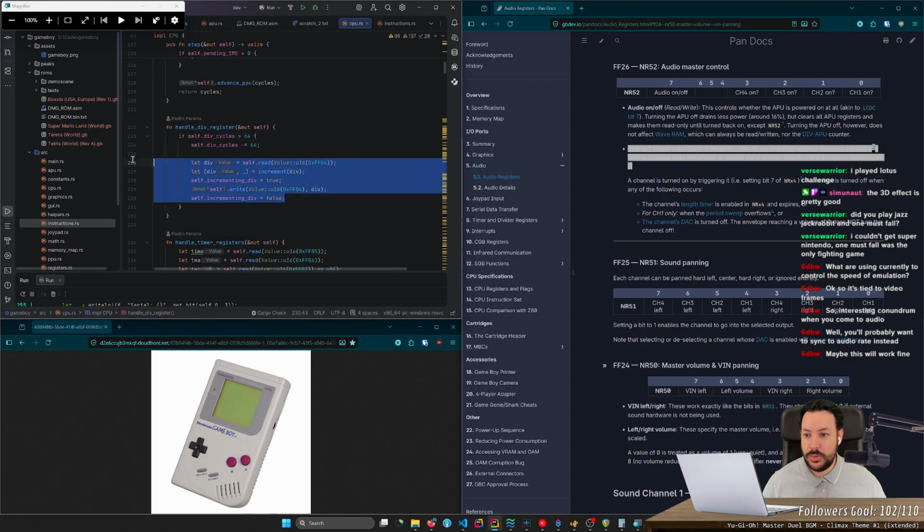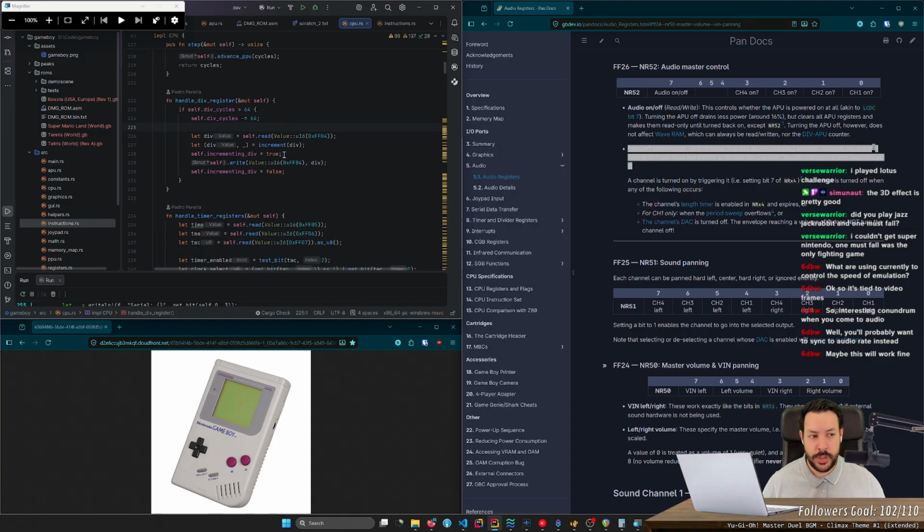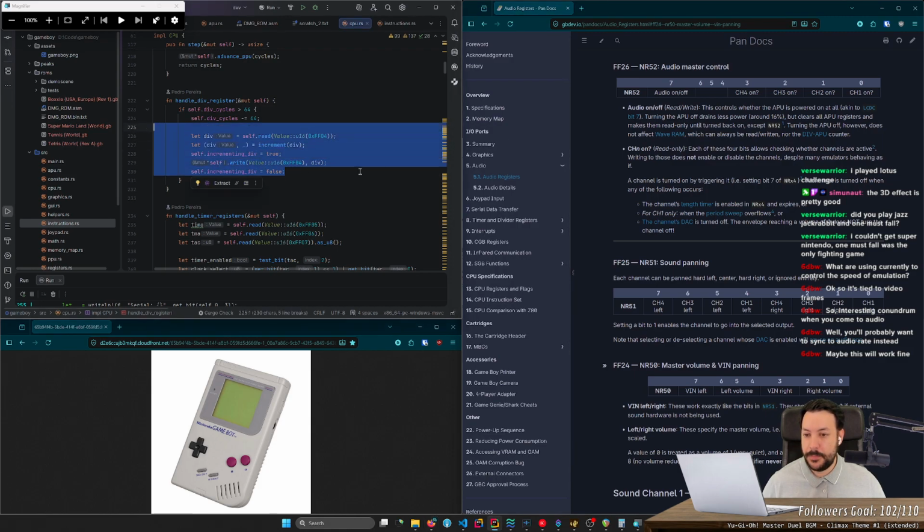I would probably want to have the audio thread sleeping at its own pace, but for now it works. Maybe this will work fine. Probably it's going to modify the pitch a little bit, because we will be incrementing and decrementing the sweeps faster than what they are supposed to be.